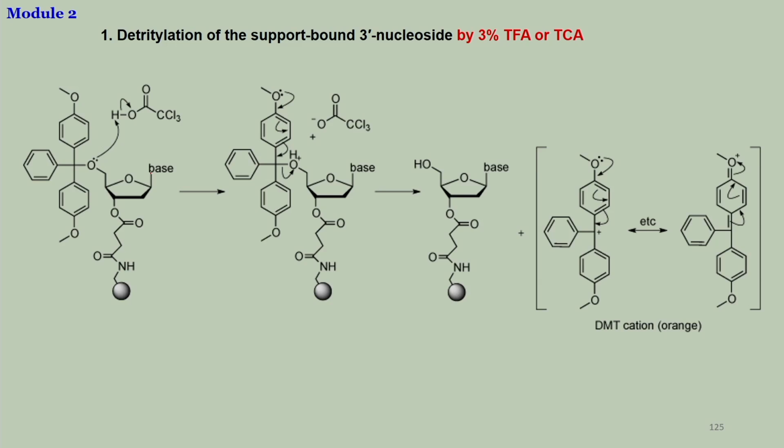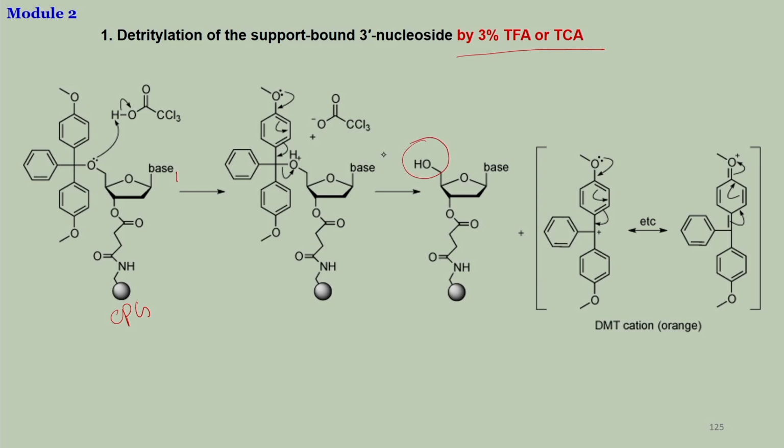So, first let us start with the first nucleobase attached with the glass. This is your CpG, solid, basically solid glass, that is connected via a linker, and that linker is connected with the first sugar. This is the first base, base 1, and 5 prime position is protected with DMT. So, the first step is that you have to eliminate the DMT, and that is done by using a very weak acid, that is trifluoroacetic acid or trichloroacetic acid. Just a little bit of 3% very dilute solution of this, it will eliminate the DMT, will make a free